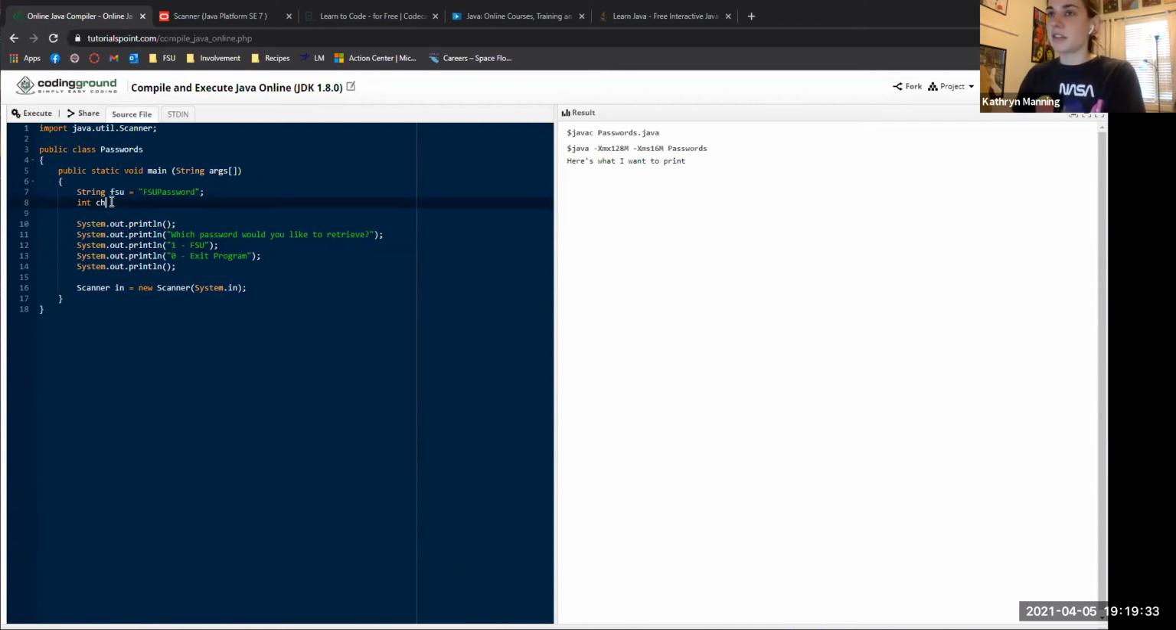And let's name it choice because it's going to be the user's choice. Note that int is not capitalized, and also note that we don't set it equal to a value yet like we did with this one. And that's because we want the value to come from the choice that the user has put in. We're going to be using this scanner object. So we're going to write choice equals in.nextInt parentheses